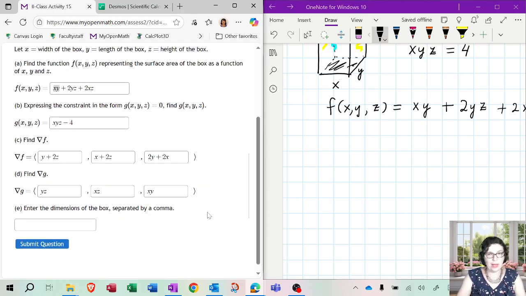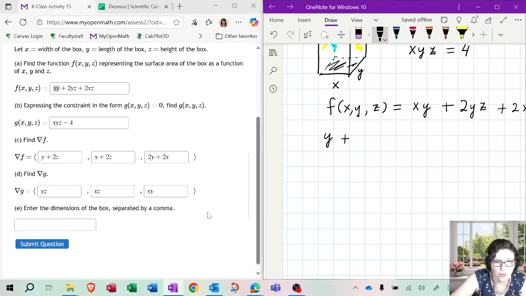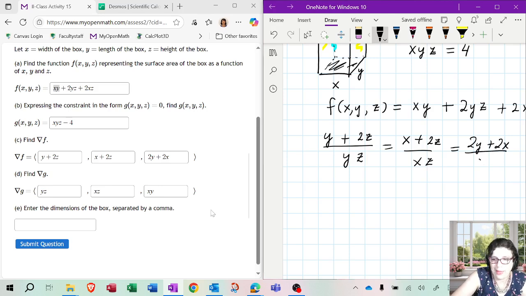Okay, so now we are going to set up the proportion, which is dividing the gradient of f by the gradient of g. Now, you might be worried and say, well, when you're dividing, aren't you not considering the possibility that whatever you're dividing by could be 0 and then you are in trouble? Well, that would have been true if this was not an application problem, but this is an application problem. Your box is not going to have 0 width or length or height. That's not going to happen. So these x, y, z are positive numbers, so you do not have to worry about dividing by 0.